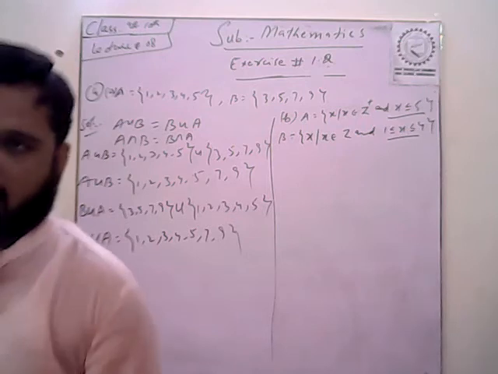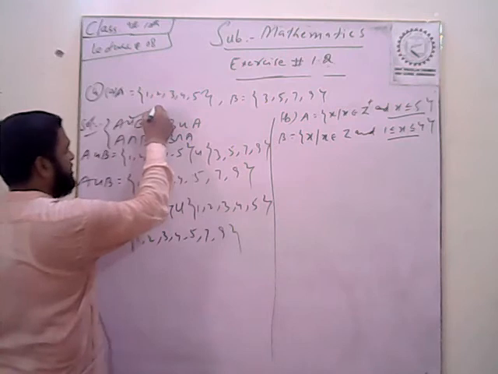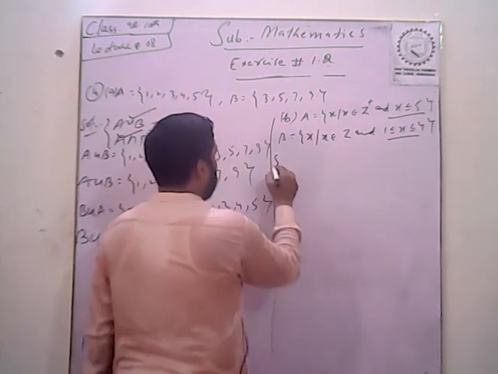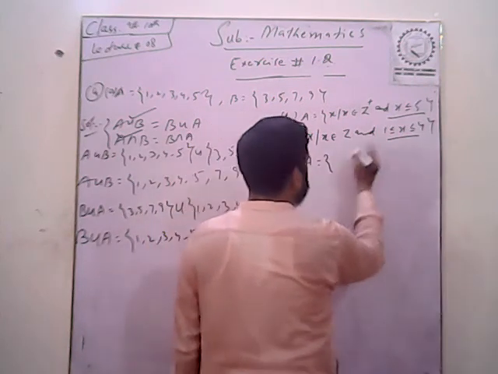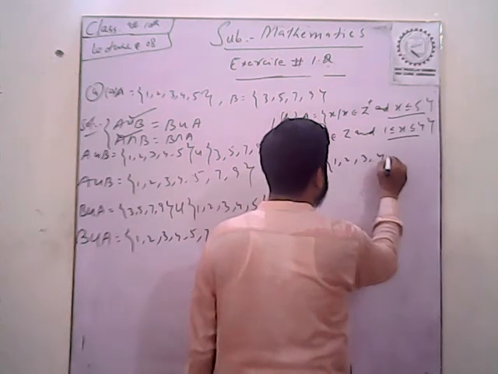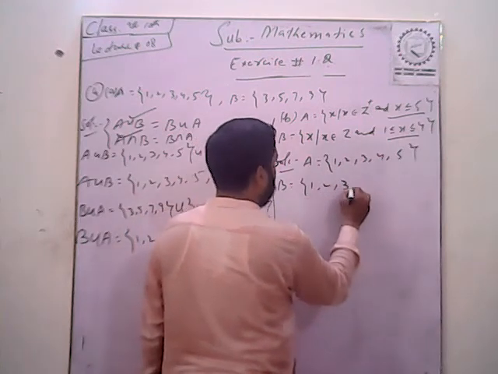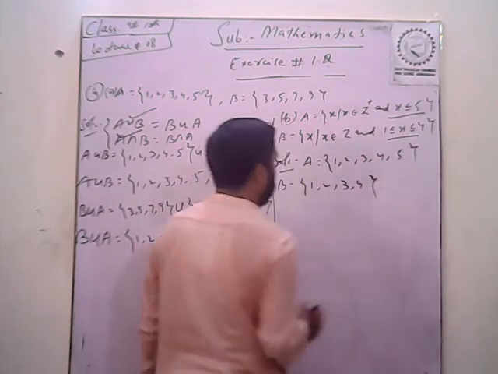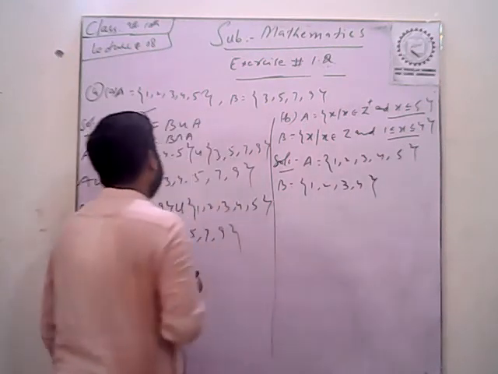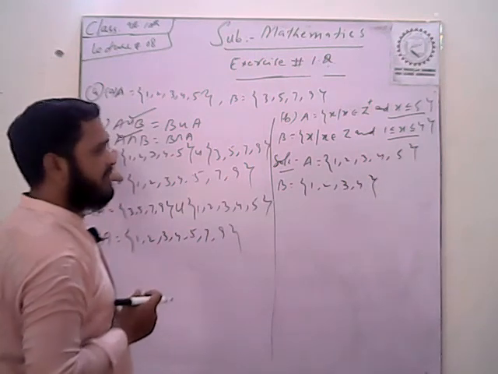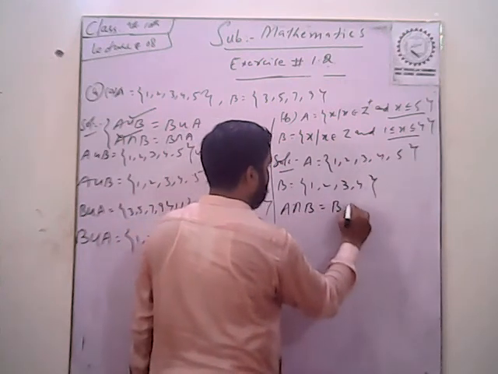So we find a proof of the commutative properties. The commutative property with respect to union is this and with respect to intersection is this. So first we write in tabular form. A is equal to positive integers x less than or equal to 5, meaning {1, 2, 3, 4, 5}. B is equal to {1, 2, 3, 4}. So these are our values. We have the set builder form, and I write it in tabular form. Here I only prove intersection, the commutative property with respect to intersection. So A intersection B is equal to B intersection A.